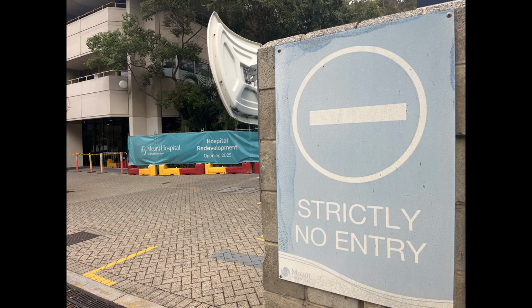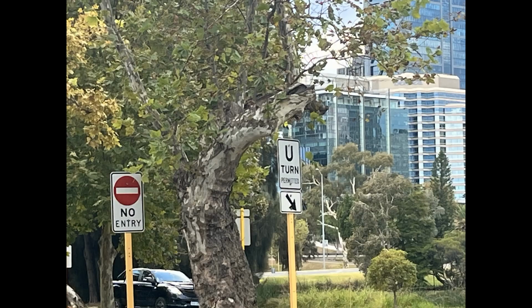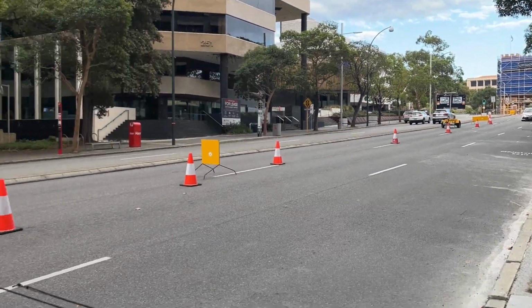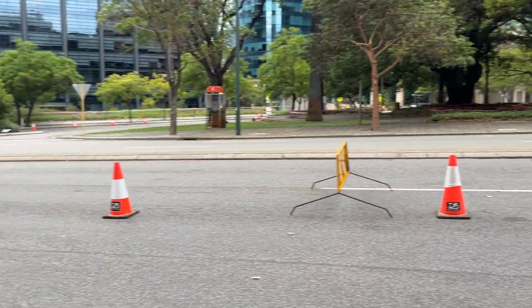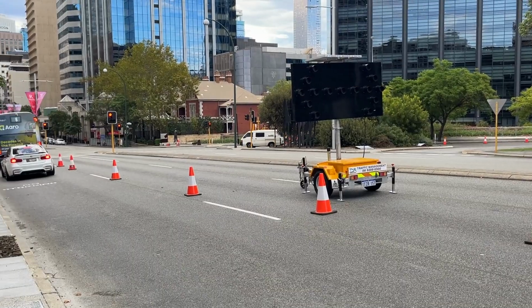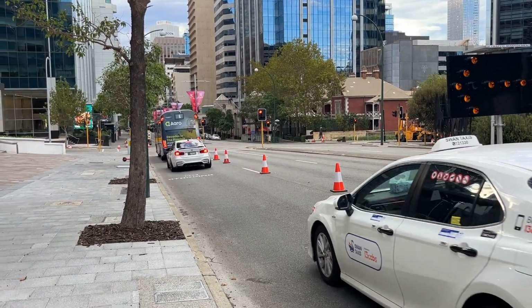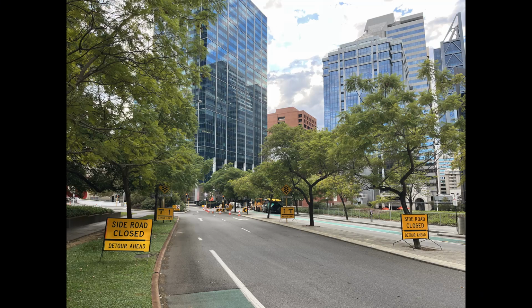Because this is what I saw 100 metres away at the Mounts Bay Hospital. No entry into this area. Walked on another 100 metres and there was a sign on the other side of the road saying no entry into this slip lane or whatever the heck it was. It's a well-recognised symbol. We might as well use it. And I will go into that map in a little bit more detail in the future, but let's get this out of the way. So there's also some resheeting of St George's Terrace, and they had some great signage